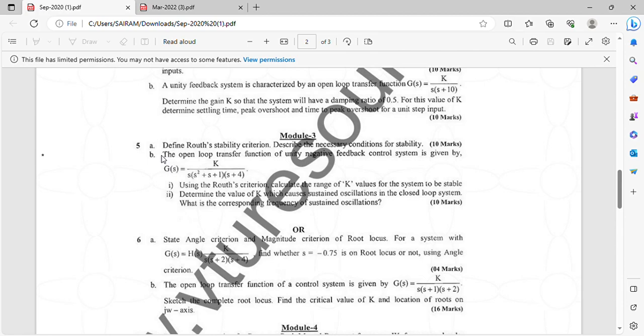As it has been given for 10 marks, you are going to define the Routh stability criterion. That's the statement of the Routh stability criterion, and you're supposed to write that if it is not meeting the sufficient condition, the system is unstable, and there should not be any sign changes in the first column of the